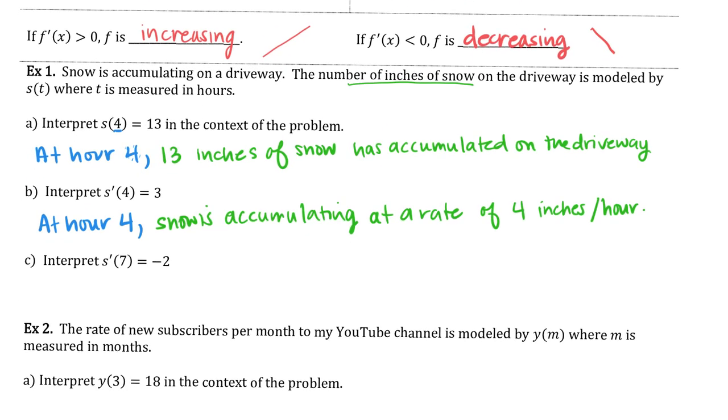One more. Interpret S prime of 7 equals -2. So now we're going to be at hour 7. I want to say snow is accumulating at a rate of -2 inches per hour, but we don't say negative. So what should we say? Instead of accumulating, which is getting bigger, let's make it smaller. The snow is decreasing